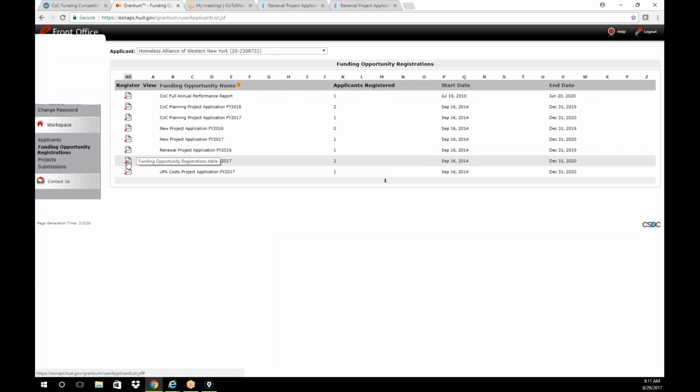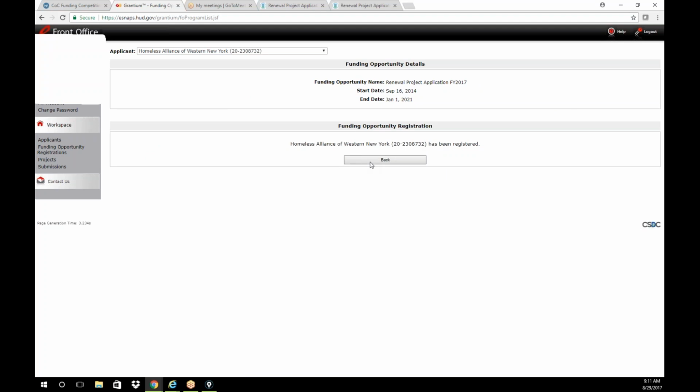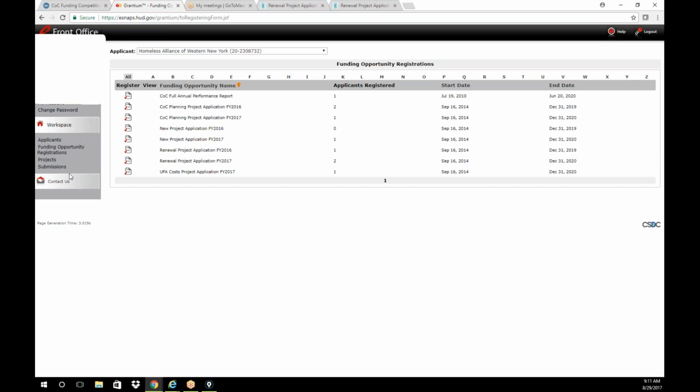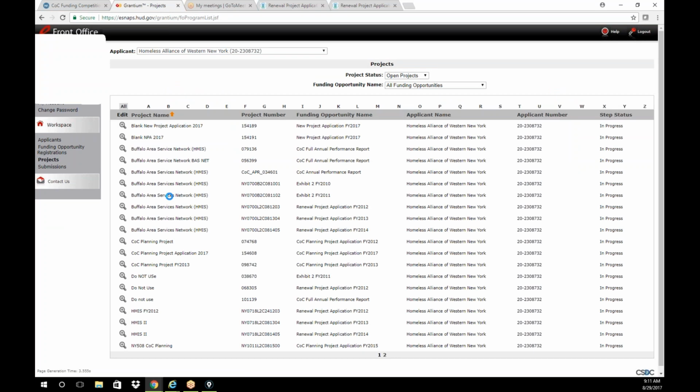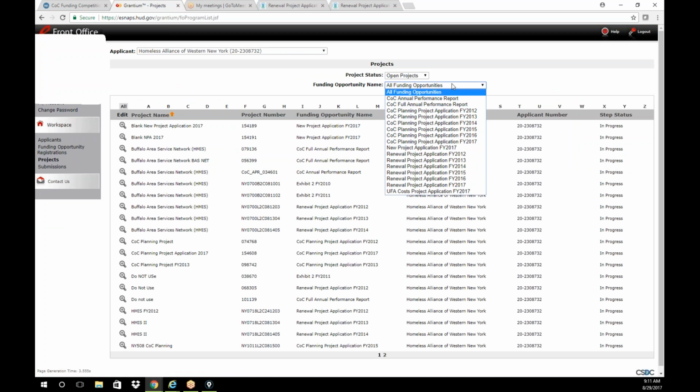So this part is pretty simple. You click the little check mark to register, and then you will just click a button, and then you will be registered. Once you register, usually this is fine. Everyone doing great here. This is the part that so many people ask me questions about. So once you register, you go to project. This is the tricky part that everyone seems not to be doing right. So once you register, you will see this renewal project application,